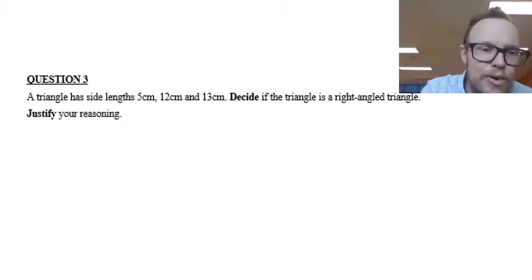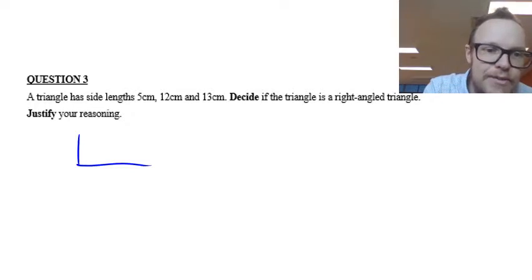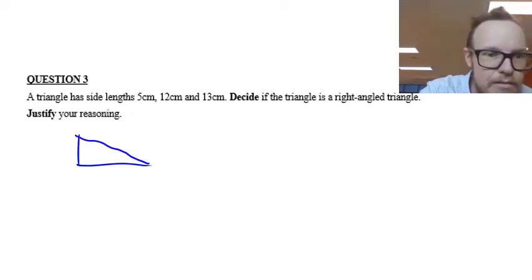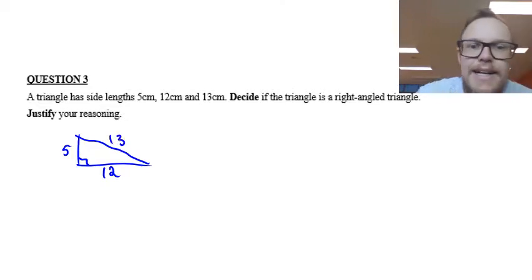Well, we can draw this. We could draw it to scale to try and see if it would make sense. Maybe do a bit of a better hypotenuse there. Oh, still pretty bad. Could have done a better right angle too. There we go. And if this is 5, this is 12, this is 13, we're asked if it is a